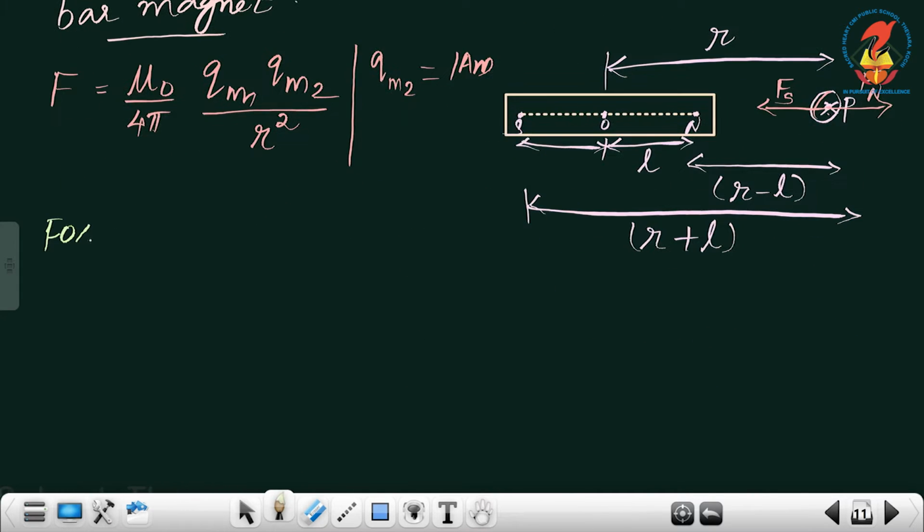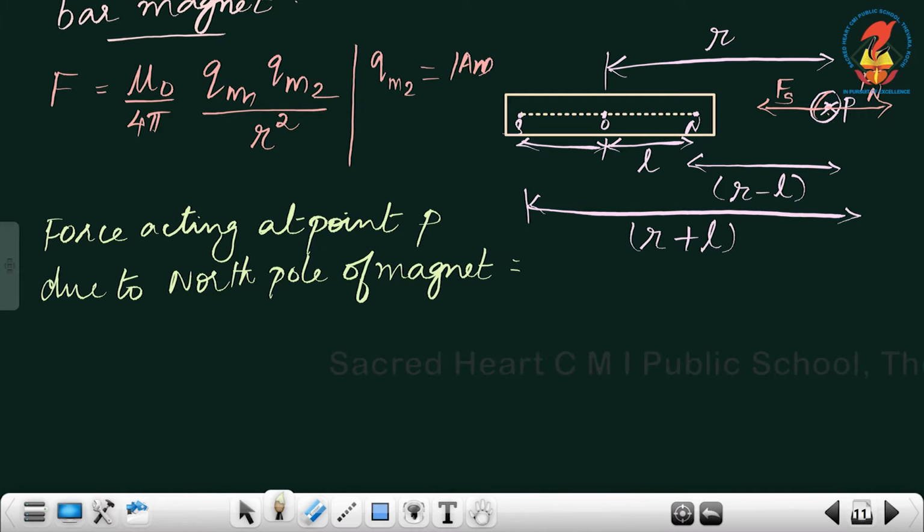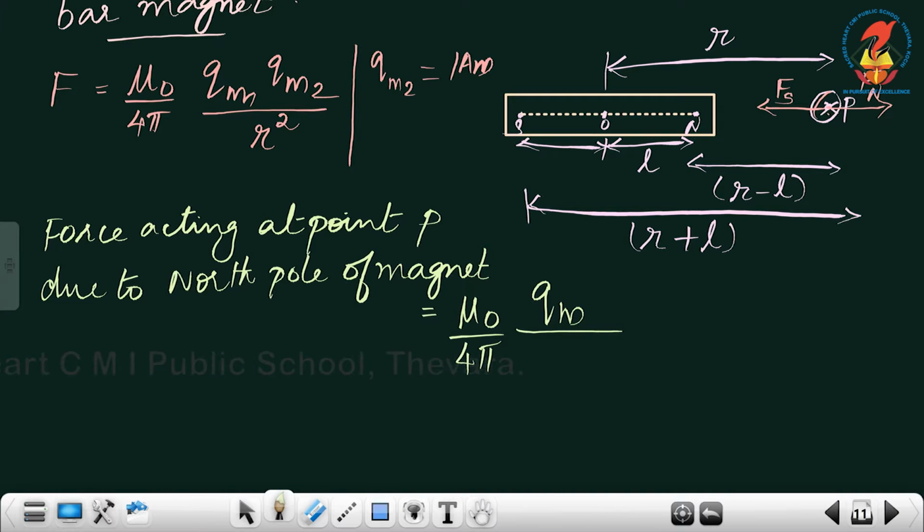Therefore, the force acting at point P due to the north pole of the magnet is equal to mu 0 by 4 pi qm divided by,